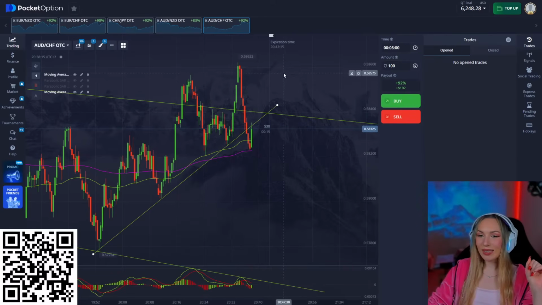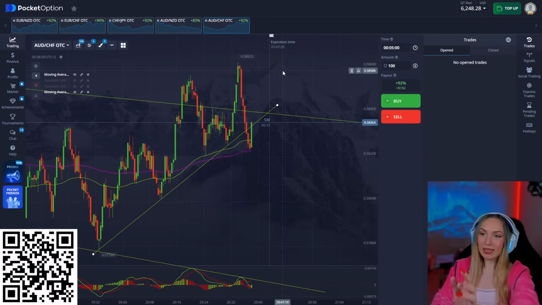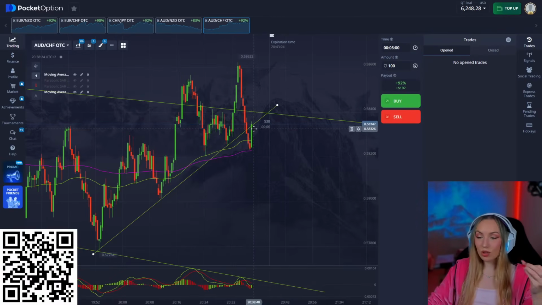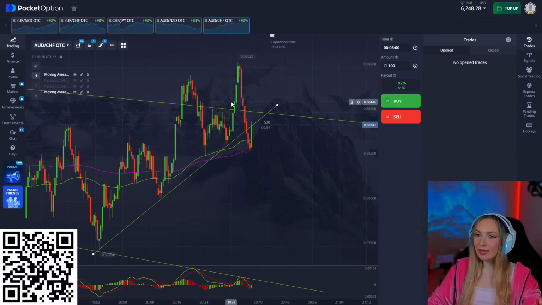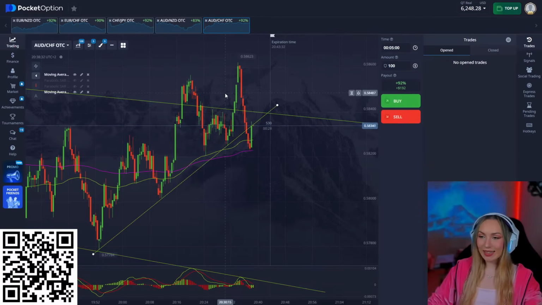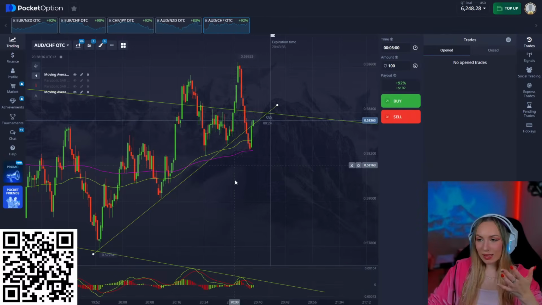Everything is super easy. And let's return back to our trading. AUD finally broke the support, but this huge candle, what is that? Why is it going up again? I don't understand. Well, I understand, but basically I would say that this is a good signal to open